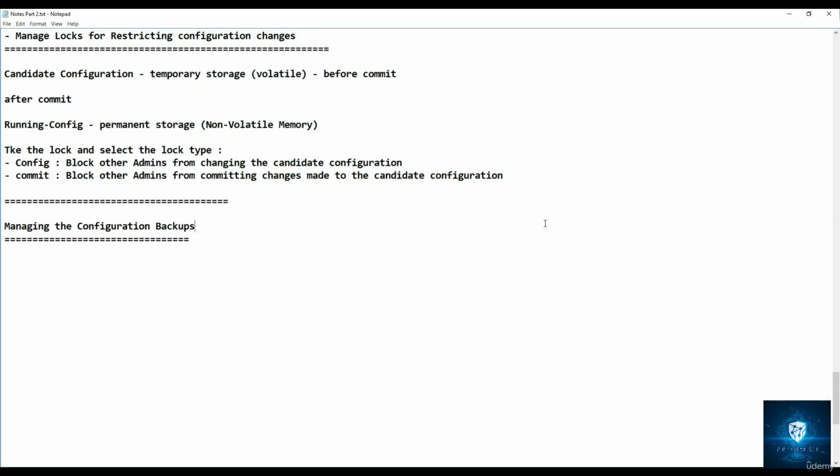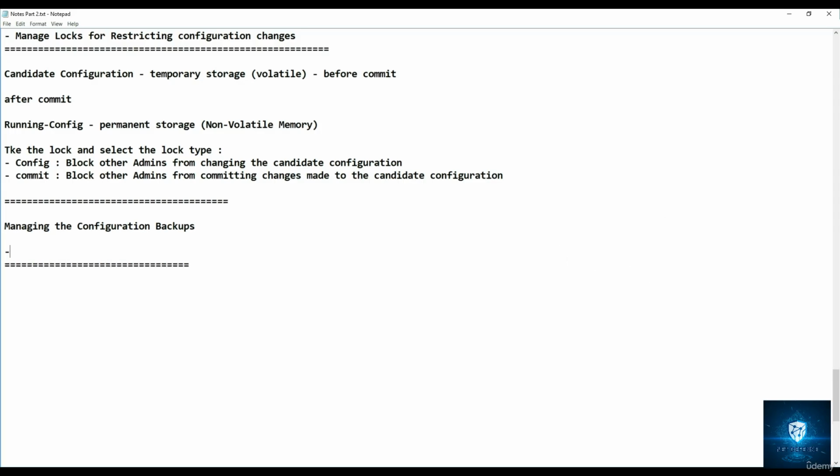So the policy rules that currently block or allow various types of your network traffic. The candidate configuration is basically a copy of the running config plus any inactive changes that you have made after the last commit. So saving the backup versions of the running or candidate configuration will help you a lot.